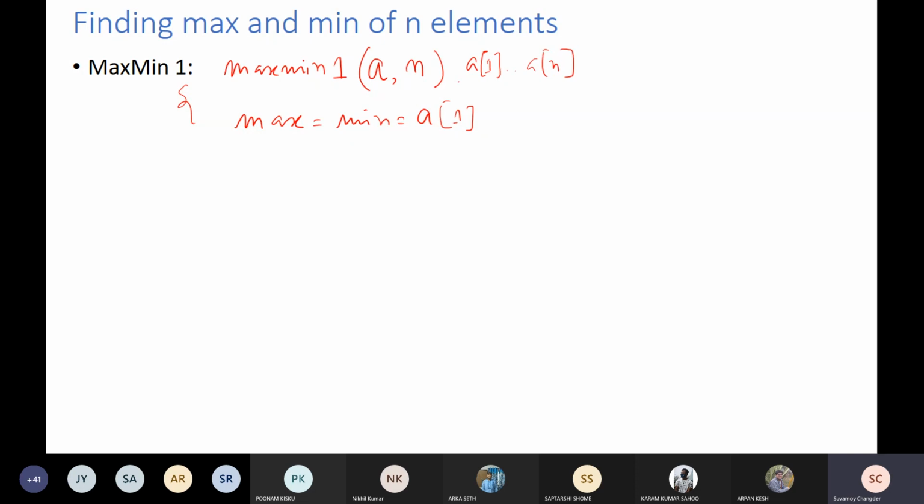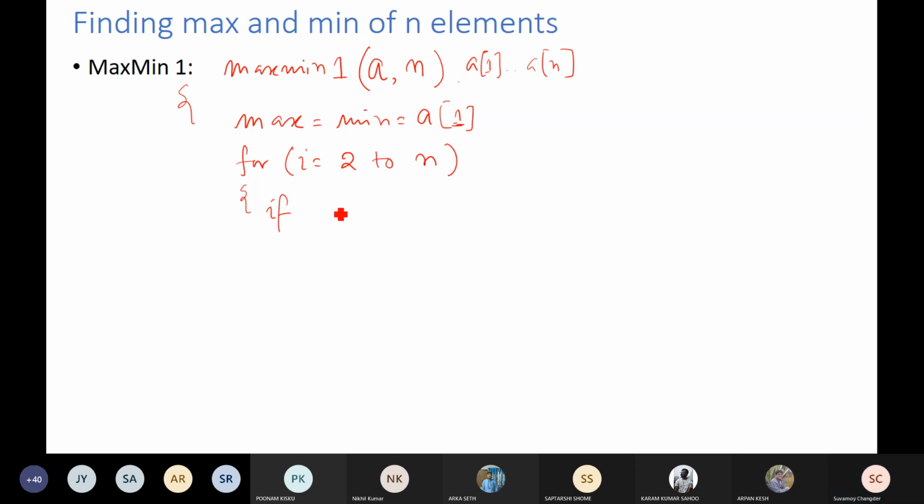We are not considering from 0 to n minus 1 or something like that. So max equals min equals a1, we have considered this. Next, for i equals 2 to n, we can write